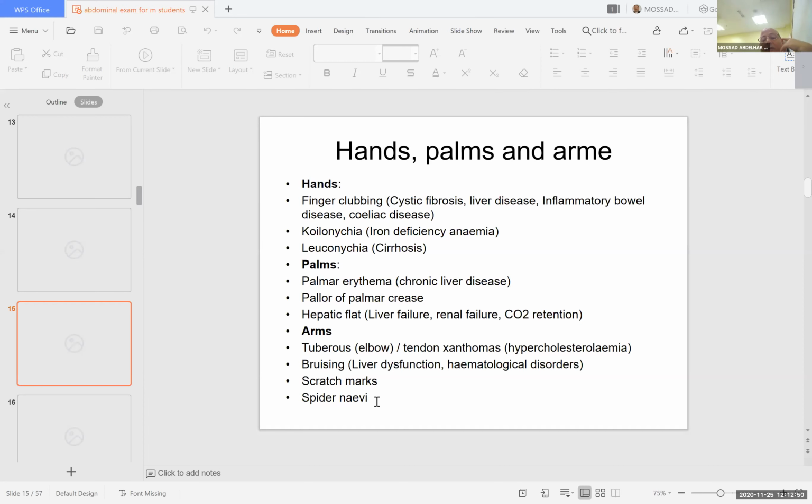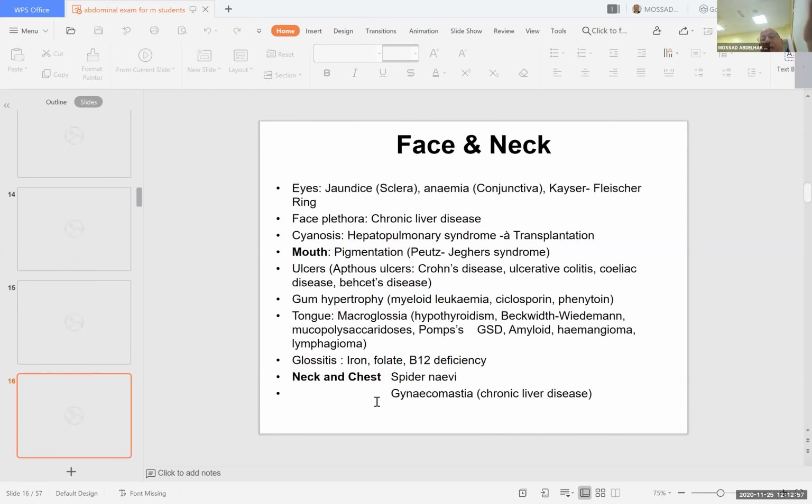So I will start from the peripheral, start by the hand and the palm and then the arm, and then I will go up. Before going to the eye, I must go to the head to observe if there are any abnormalities in the head or not, and then come to the eye. You must comment and you must ask yourself, don't make it a routine without picking up the signs, because if it is mild anemia or mild jaundice, you can miss it. So this is important to answer about observation.